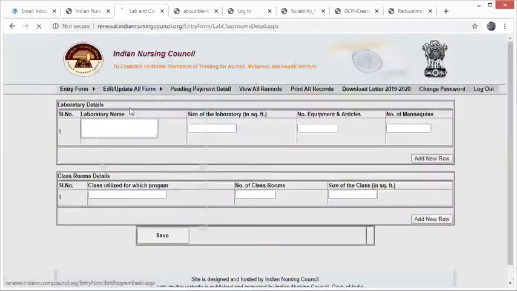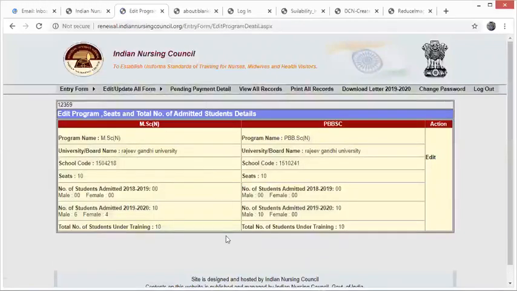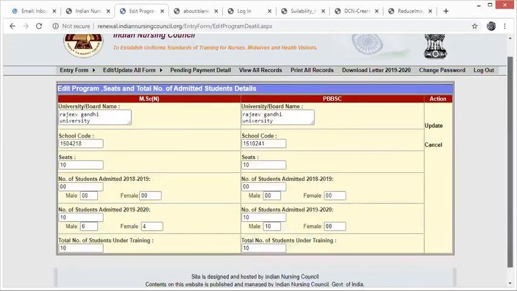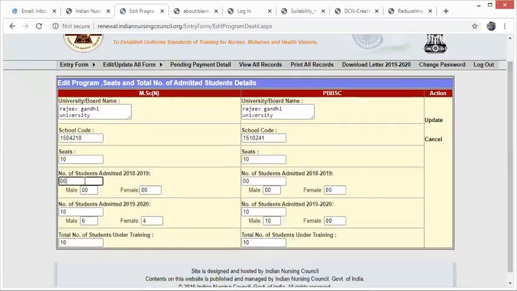Now it takes you to the update your new programs, MSc, Post BSc; BSc is not there in the last year. So it will show you the classrooms and the laboratory required for those programs. When you see this edit and update form, it will show you everything you have added. If there is anything wrong, you can go to the edit button and refill it again so that you can update it. It will show you every time whatever you update, so you can do it properly.